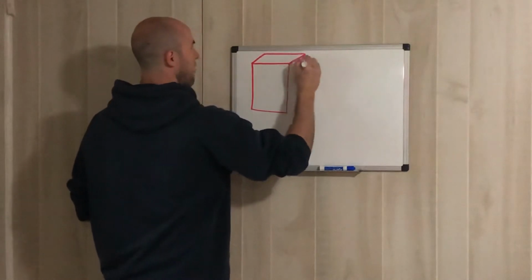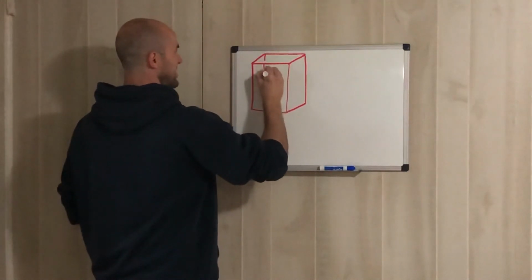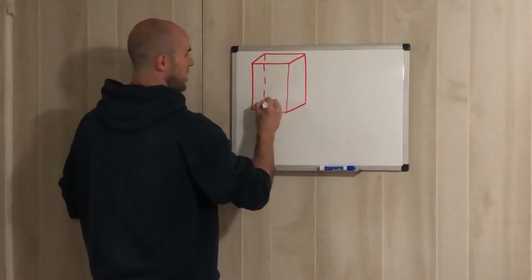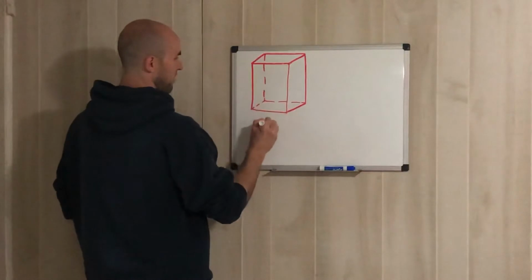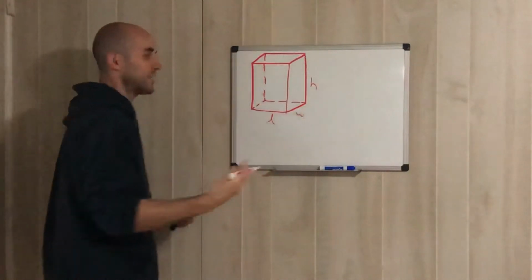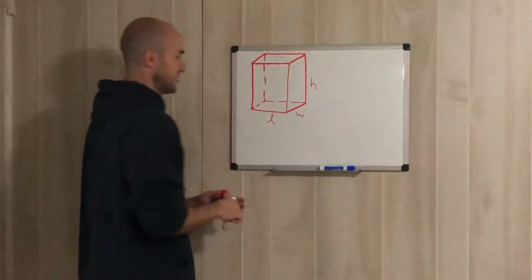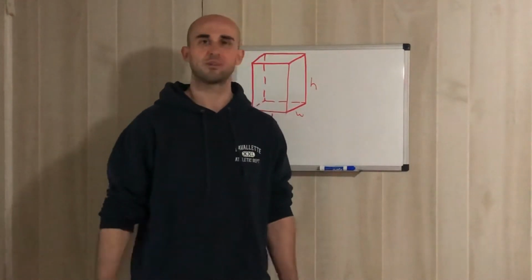And the one thing we know about prisms, it's a 3D shape, 3-dimensional shape, which means it has a length, it has a width, and it has a height, right? Where you have the length, you have the width, and you have the height. And that's why it's a 3-dimensional shape. It has 3 dimensions. And on tomorrow's quiz, it's going to be 6 questions that just focus on surface area